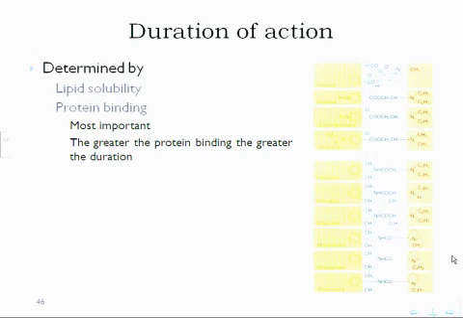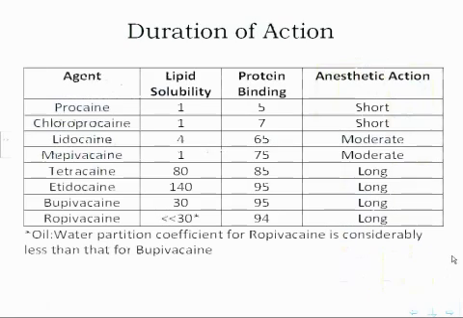Okay, so how do you measure that? You can look at the protein binding number for that, and that will tell you pretty much what the medication is doing. So what you look at is the protein binding number here. You can see anything over the 80s has a long duration of action. So tetracaine, etidocaine, bupivacaine, ropivacaine all have high protein binding rates of over 80, and as a consequence,